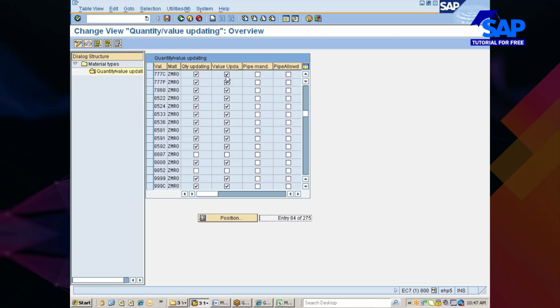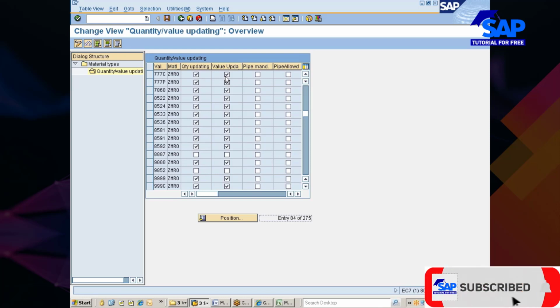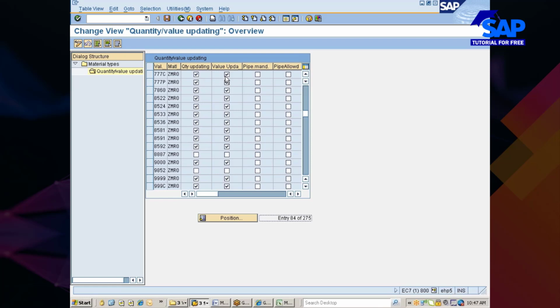Similarly, if you check the value indicator, whether you are buying, receiving, selling, or issuing, whatever you do gets updated in the GL accounts. So the primary purpose of value update and quantity update is this one.